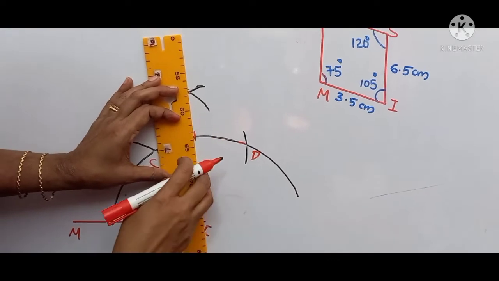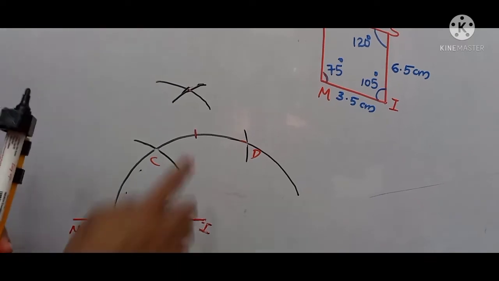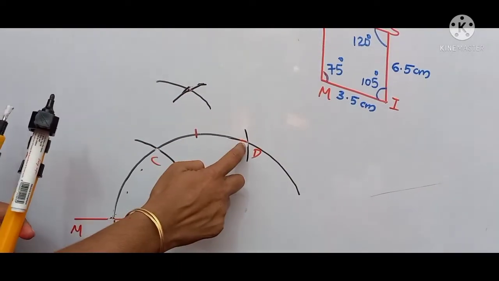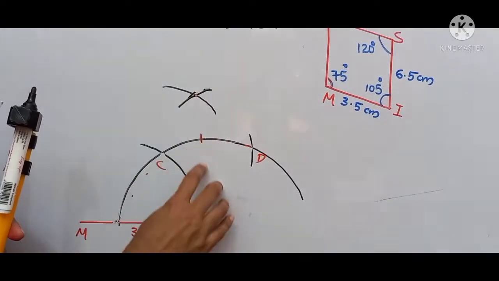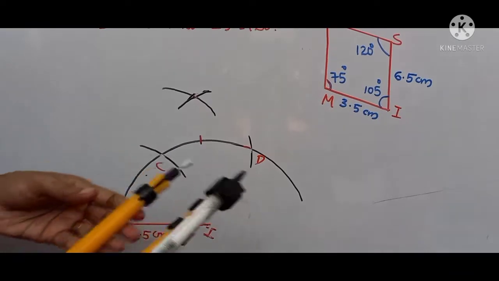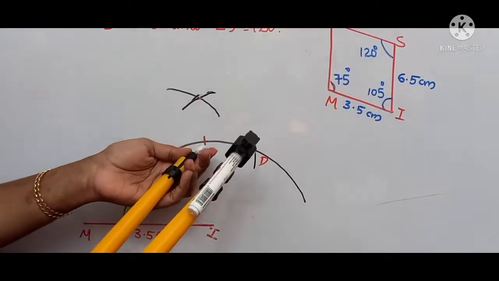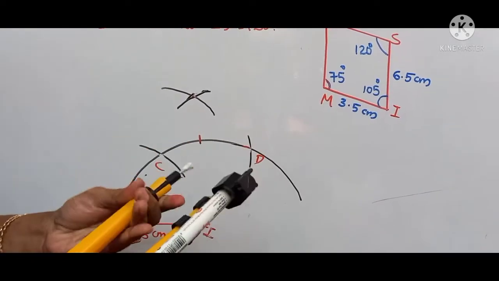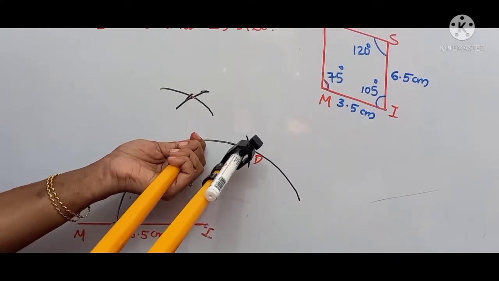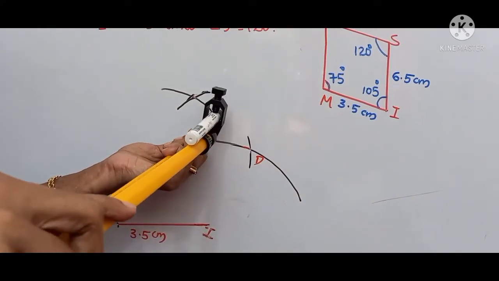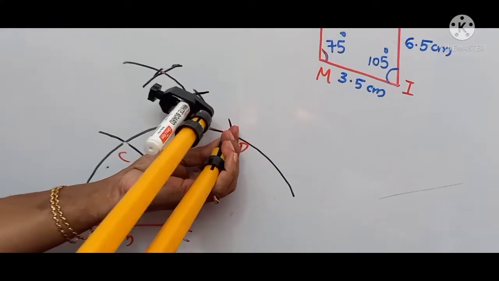We have to mark that 90 degree here. Do not take this one and this one; if you take it like this, it will be wrong. Mark that 90 degree, which is that line on this main arc. After that, draw the bisector of this 90 and 120 degree. So pointing our compass here and taking more than half of this, draw one arc here like this, and similarly, pointing on D, draw an arc like this.